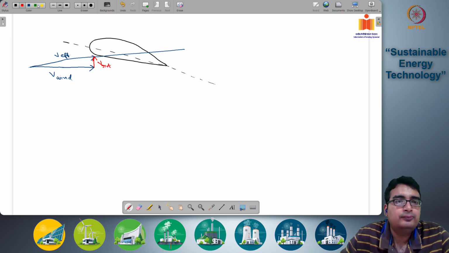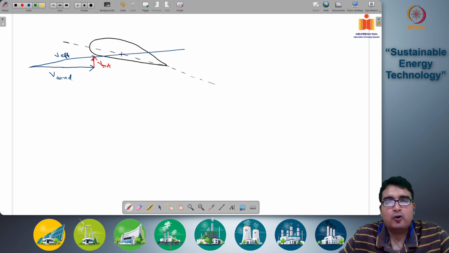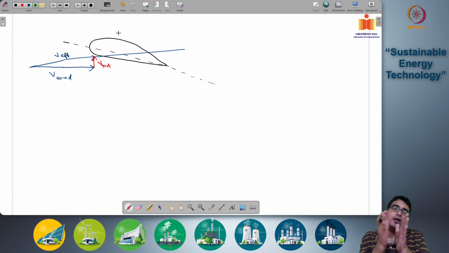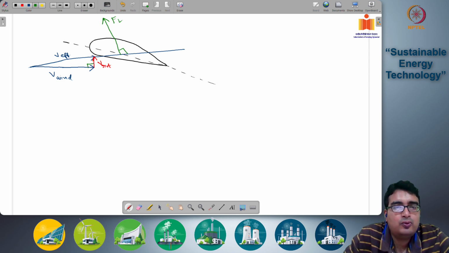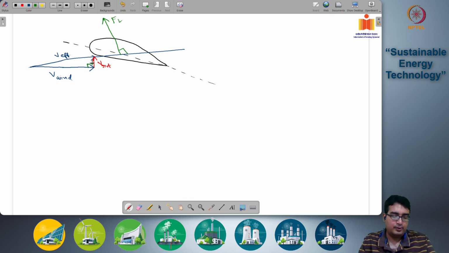And then also, the lift force is always perpendicular to the effective velocity. The velocity of the wind with respect to the blade and the lift force direction are perpendicular to each other. So F_L is like this, this is 90 degrees, and this one too is 90 degrees. Okay,